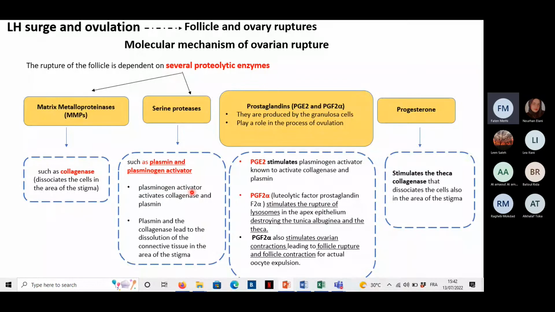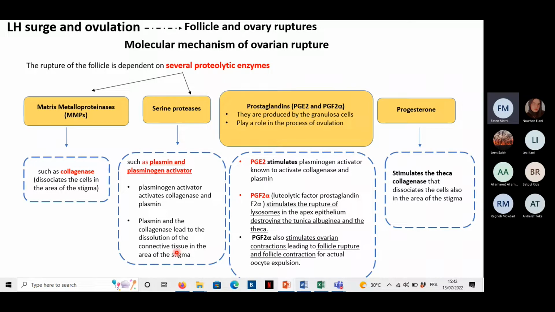The plasminogen activator, in fact, activates the conversion of plasminogen into plasmin, and the plasmin will activate the conversion of inactive collagenase into active collagenase. And so we can say that the plasminogen activator will activate collagenase and the plasmin. And the plasmin and the collagenase will lead to the dissolution of the connective tissue in the area of the